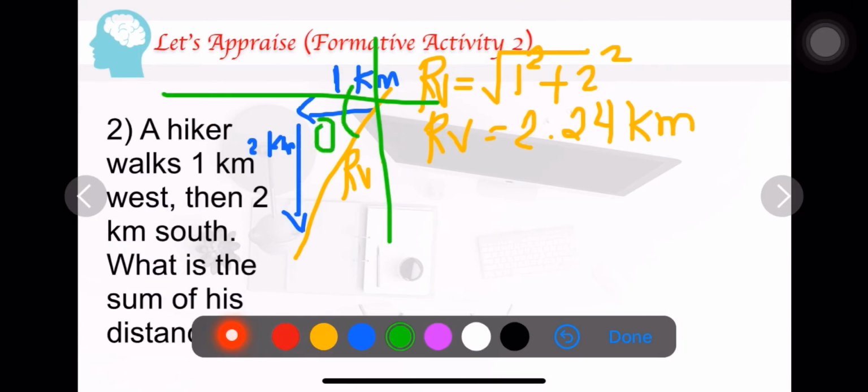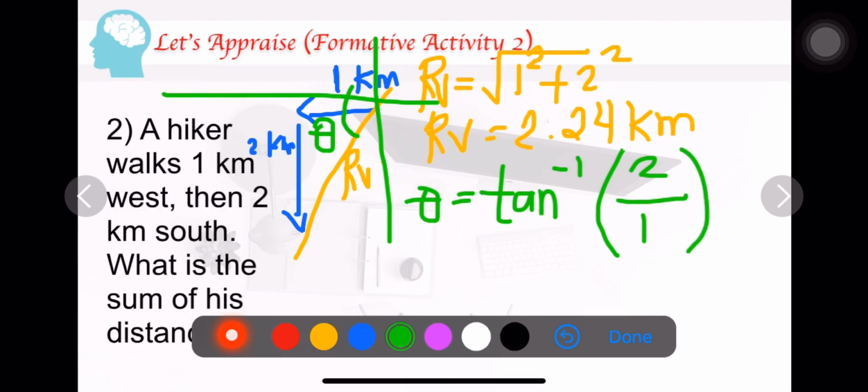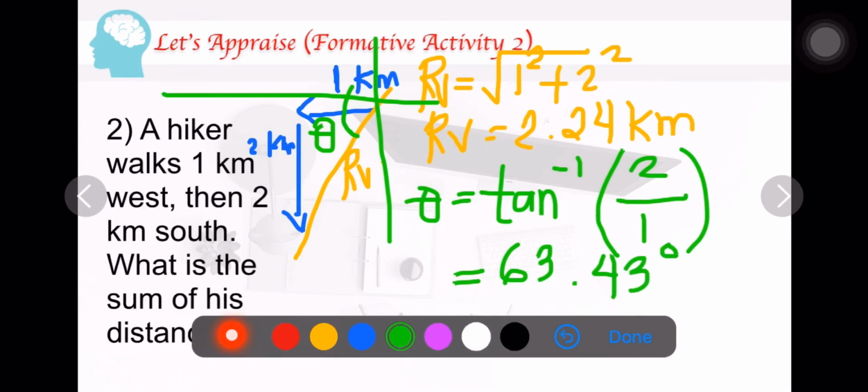And let's draw our Cartesian plane. And our theta is located here. So theta is equal to arctan, opposite 2 over 1. So the answer is 63.43 degrees. And the direction would be, so from the west,